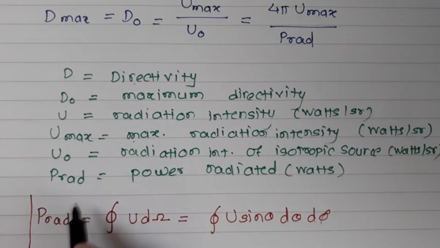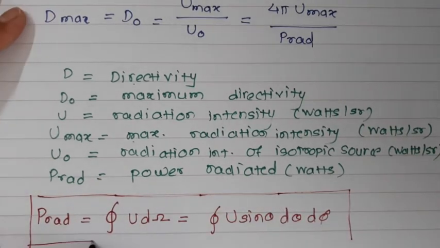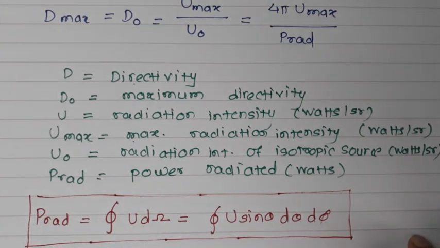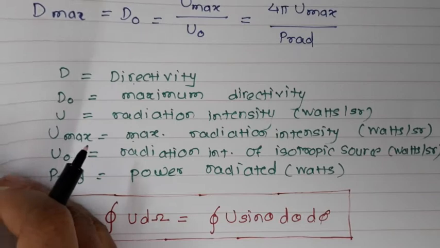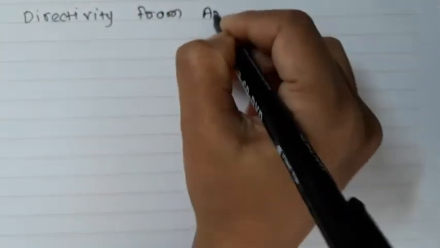So this is nothing but the radiated power in terms of the radiation intensity. Now let us talk about the directivity from the beam area. As we have already talked about the beam area, now let us talk about the directivity in terms of the beam area. So if I am talking about the directivity from beam area,